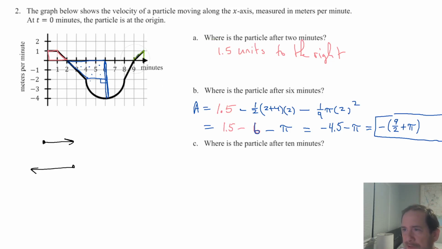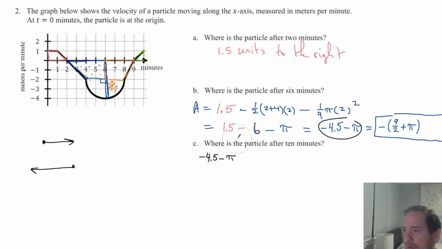So suddenly now there's this little baby half triangle of positive area getting added in. And then down here, there's another little trapezoid. Now, is it congruent to this one? No. It's a little bit smaller. But we also have another quarter circle to add in. So what do we got here? I'll take my previous answer, because we know we've already got the negative 4.5